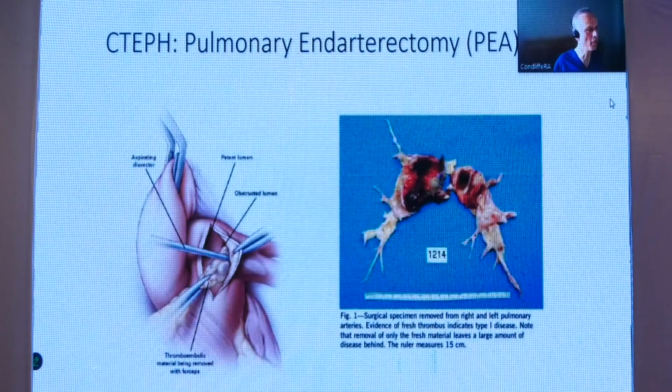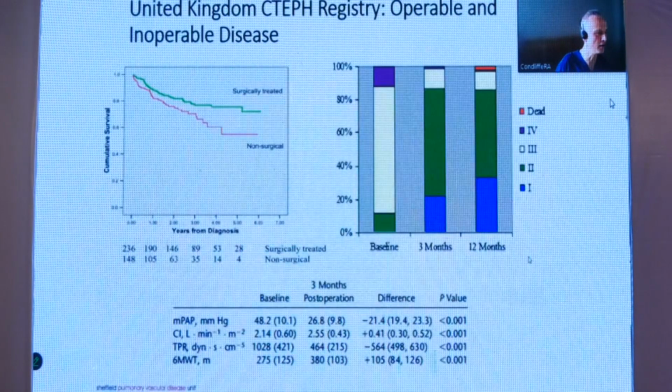In terms of chronic thromboembolic pulmonary hypertension, this is a different treatment approach. You'll see here this patient with chronic thromboembolic pulmonary hypertension has undergone endarterectomy. So this is the intima and media. This is the right upper lobe, right middle, right lower lobe, left upper lobe, left lower lobe in that endarterectomy sample. So if you can remove the lining of the pulmonary arteries, you can make a massive impact on